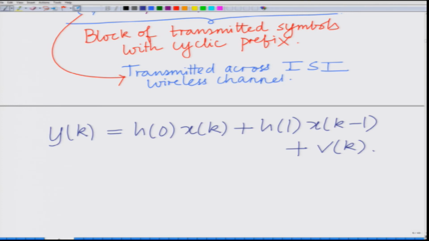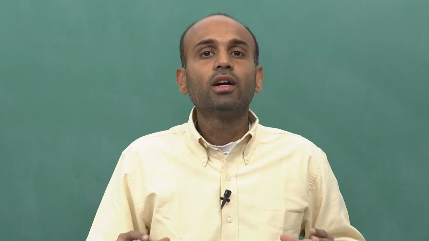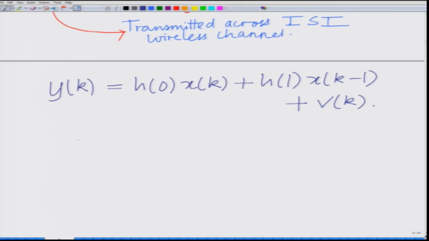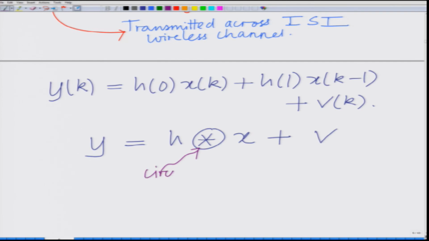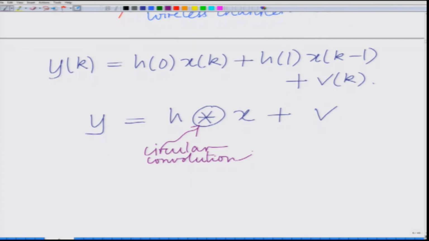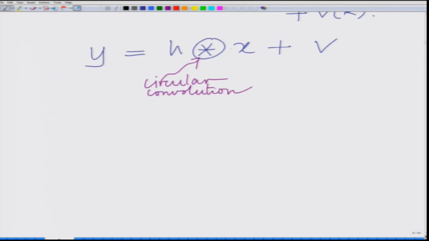samples with the cyclic prefix, the action of the channel in the time domain is basically that of a circular convolution. Therefore, what you get at the output is y, the channel filter H circularly convolved with X in the presence of additive noise V, and this is the key aspect. This is the circular convolution. Now, what this changes is that in the frequency domain it simply becomes a multiplication,